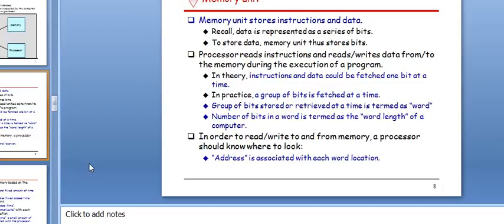Next one is the memory unit that we are talking about. The memory unit stores instructions and data. Recall that data is represented as a series of bits. To store data, the memory unit stores a bit. It stores the data in the form of bits. Bits are nothing but 0 or 1, or a flip-flop, and it stores that, and it is arranged